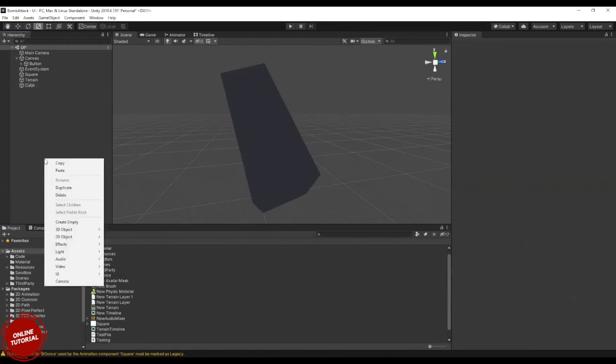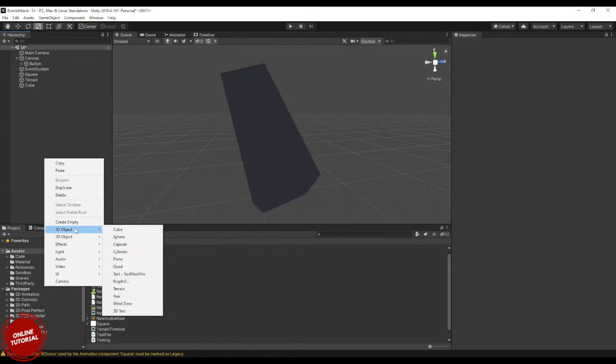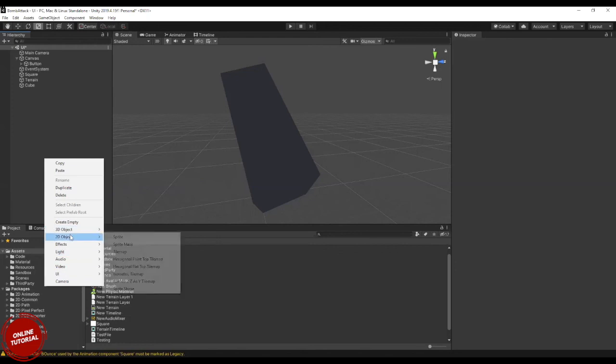Okay, in the hierarchy, if you want to create anything, you can have these properties. If you want to create a 3D object, you can use all this. Similarly, 2D objects: sprite, texture, tile map, everything. Effects, what kind of effects? If you want a particle effect, trail effect, or line effect, you can have this. As I said, lights: whatever type of light you want, you can create using this.